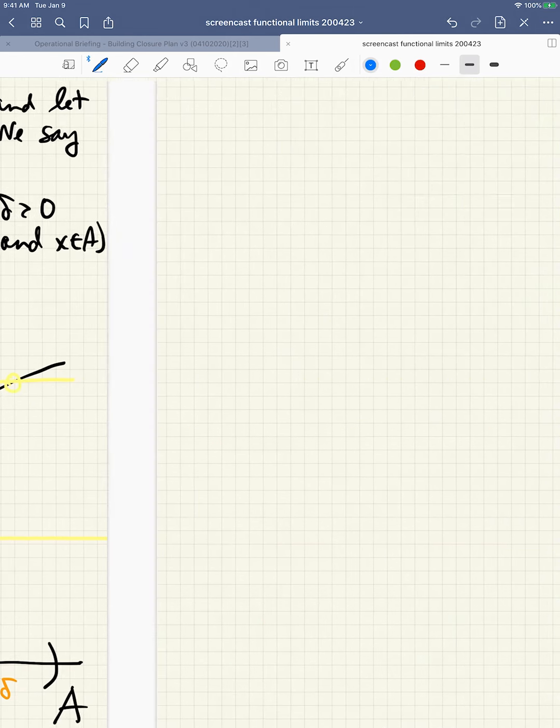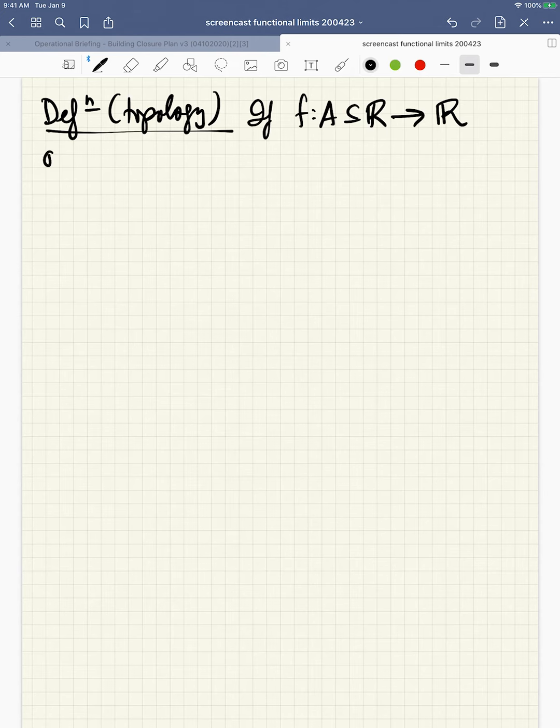Maybe I'll do that. Let me swipe over here. So using the language of topology, we say, what do we say? If f maps from a set of real numbers A to R, and if c is a limit point of A, then the limit as x goes to c of f of x equals L if